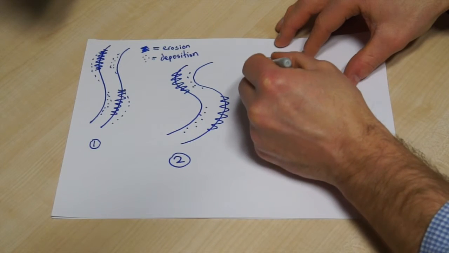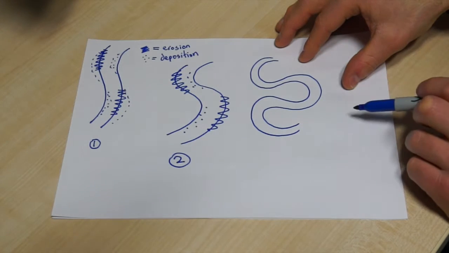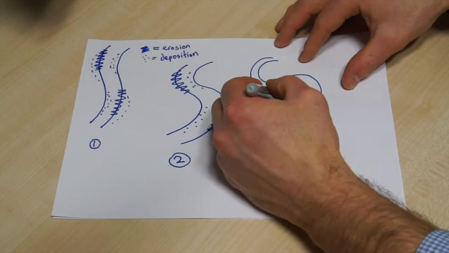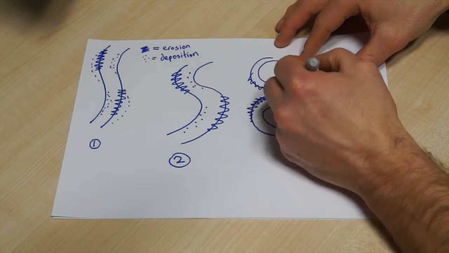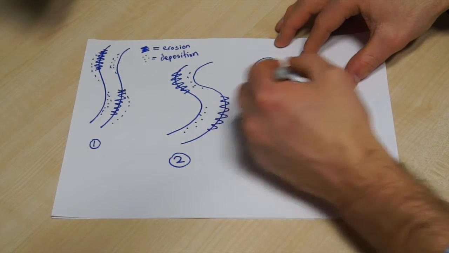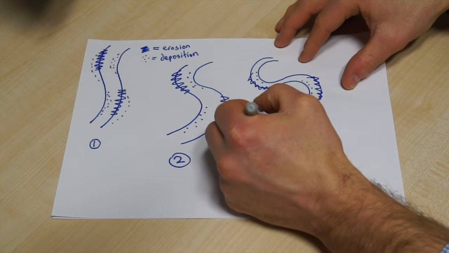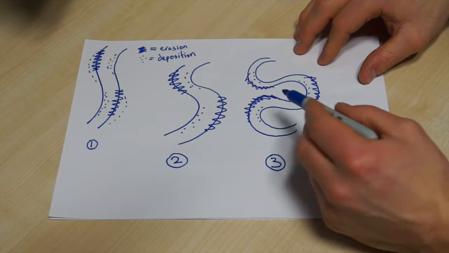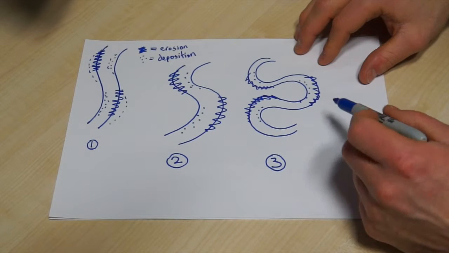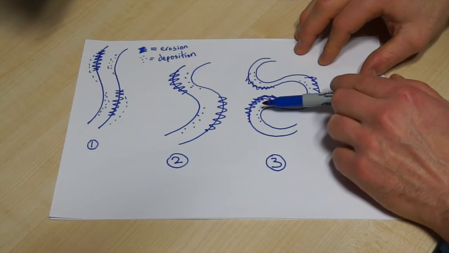It's also going to show us that the neck of the meander, that's this bit here between the 2 bends, is really close together. But just like our other diagrams, I think it's really good to add in where the erosion is and deposition. So that's our 3rd diagram. So our 4th diagram, we need to show how the river has broken through the neck of the meander and